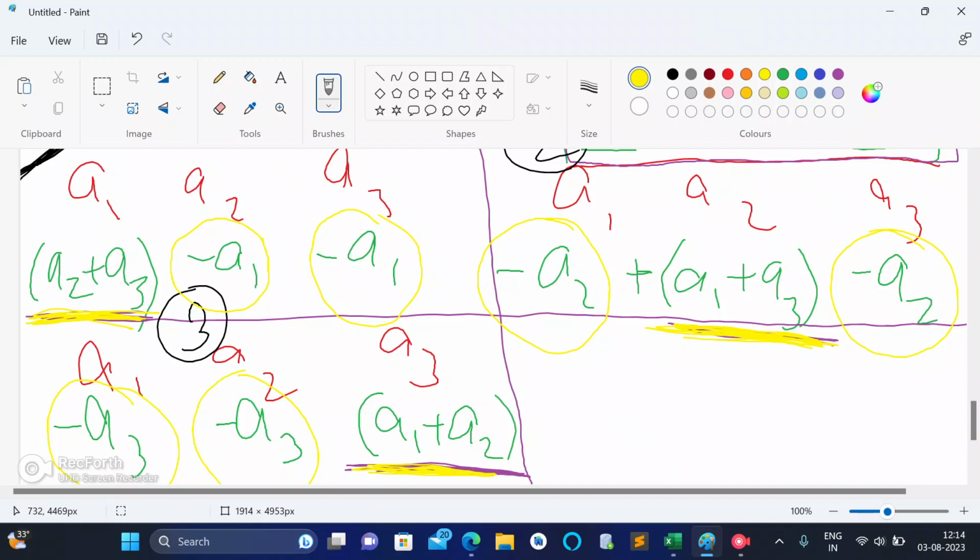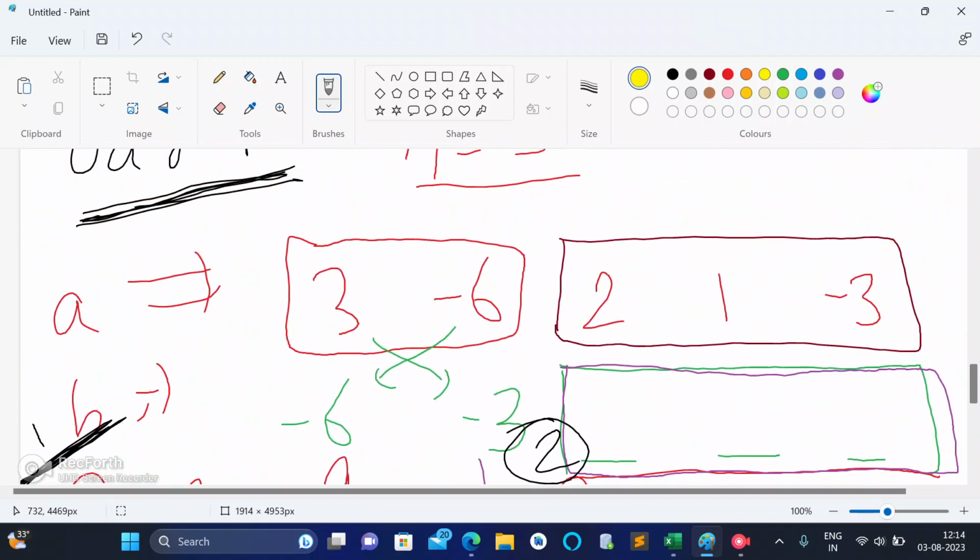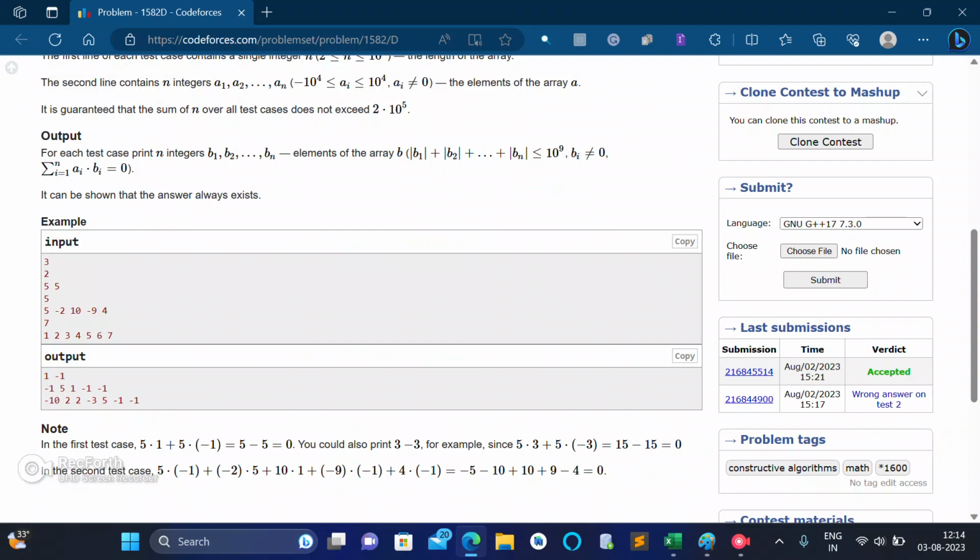So for each of case 1, case 2, case 3, you have to check whether you can put that case or not. How will you check? You will check if a2 plus a3 is 0 or not. If it is 0, we will move to the second check. If a1 plus a3 is also 0, we will move to the third check. In the third check, we will see that a1 plus a2 is not 0. So we can put minus of a3 and a1 plus a2 in our answer. So this is how we will fill these three remaining sections.